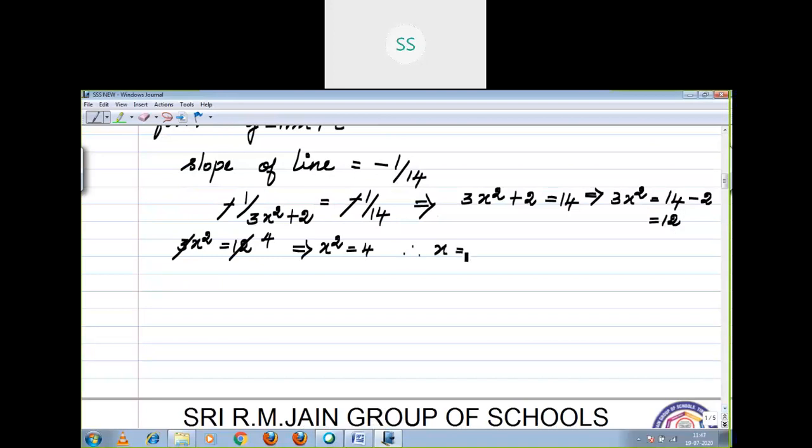Therefore, x is equal to plus or minus 2. You arrive at two values, right? Using that, we want to find the value of y. If x is equal to 2, then y is equal to